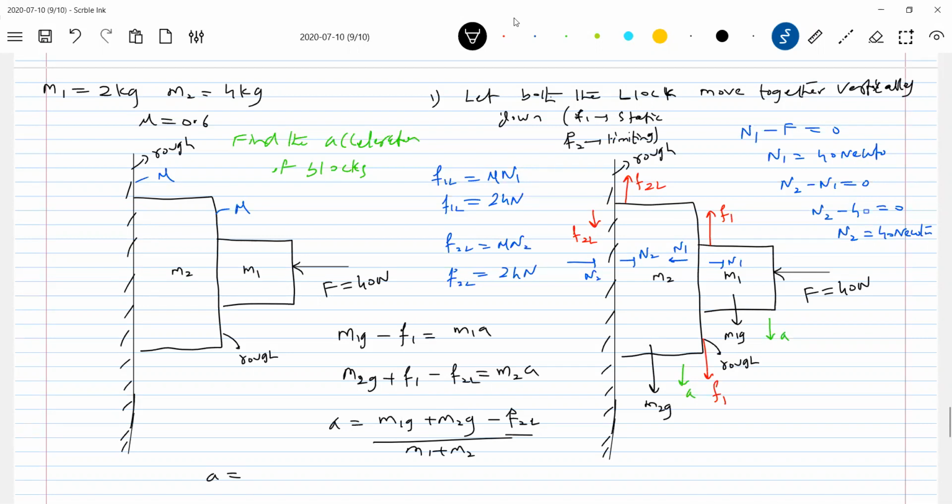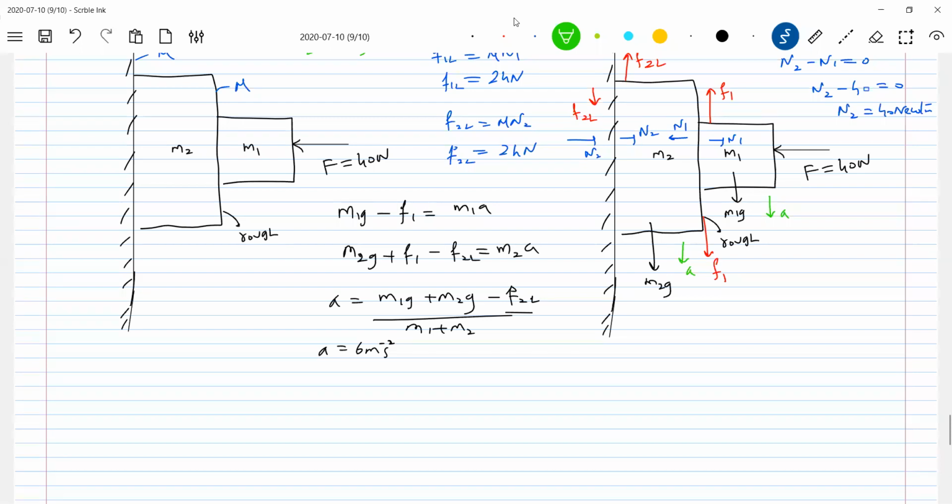Okay, let's proceed here. Anybody, value of acceleration? 6 meter per second squared, sir. So shall I say my problem got over? Okay, sir, we got the answer, thank you very much, we'll go for the next problem? We have to cross check that F1, no? What we assumed static, is it really static is what we have to cross check. So is my answer right or wrong? I should go for a cross check.